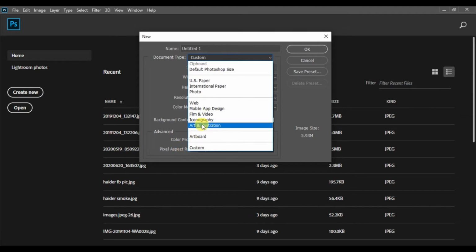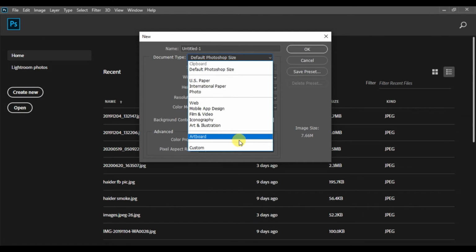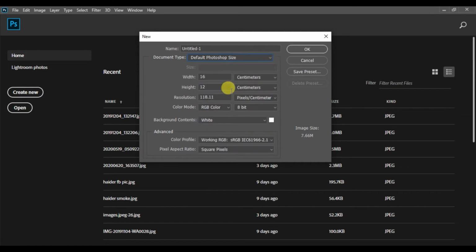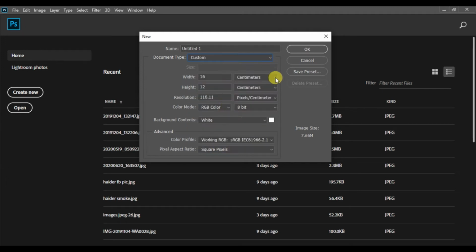As Photoshop is based on pixels, the scale of your project is very important. There are many document types given in Photoshop by default which have different purposes. Like if you are doing web design, then you should select the web document type. If you are making a mobile app design, then you should select the mobile app design option. Below there are the details of the document type like scale, width, height, resolution.